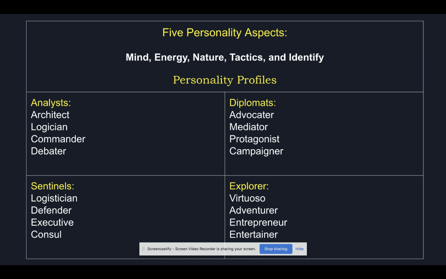A diplomat tends to be an advocate, mediator, protagonist, or campaigner. A sentinel tends to be a logistician, defender, executive, or consul. If you're an explorer, you tend to be a virtuoso, adventurer, entrepreneur, or entertainer. Again, I want you to think about what your